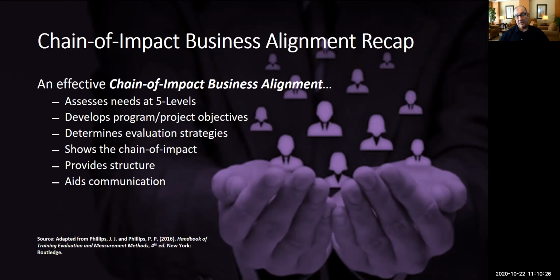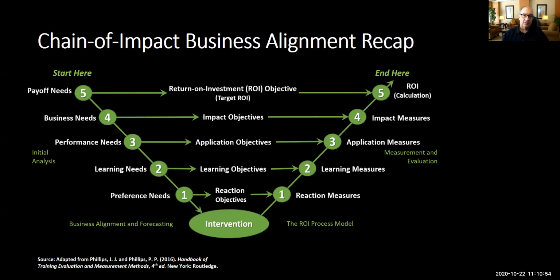I'll have some more tips of the day, I guess, but that's probably the most important one of all of them because, and here's the real hint, a lot of the information that you will put onto the data collection tool or plan matrix will come from your chain of impact business alignment. Same is true for your ROI analysis plan. So bear that in mind. Start with the chain of impact. Okay. Speaking of which, your matrix for chain of impact is reflected in this way.